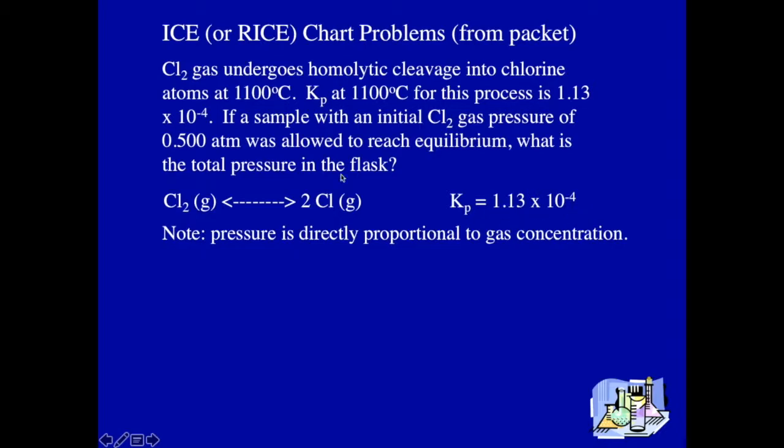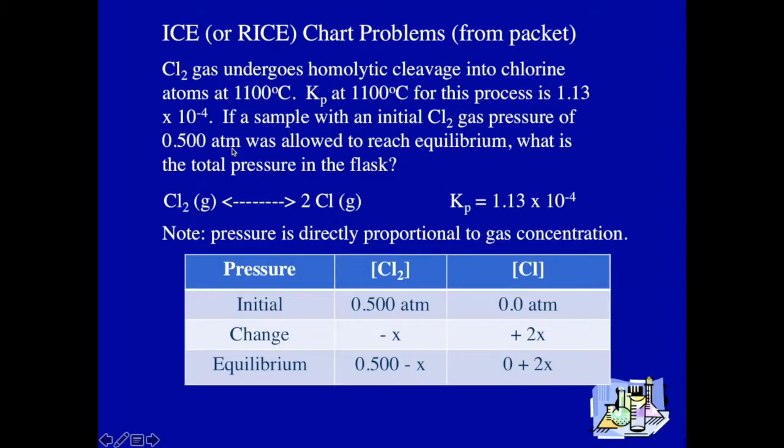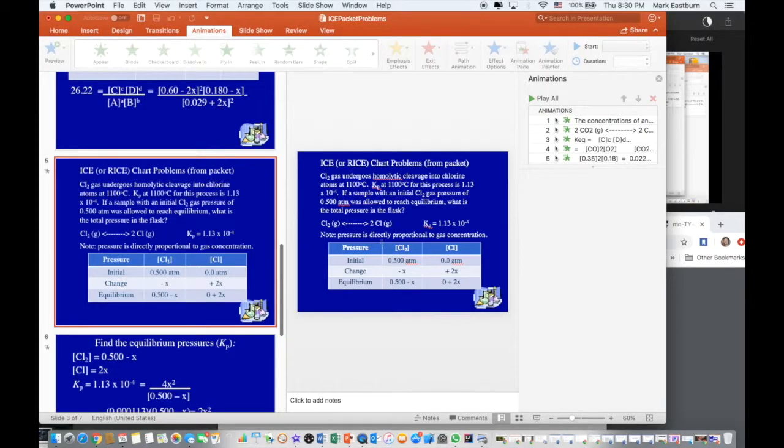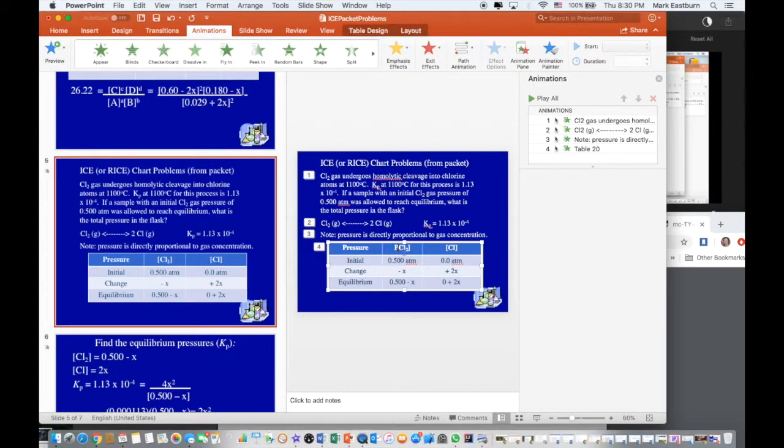So therefore, if I use something like atmospheres and I feed this through my equilibrium constant equation, since this is unitless, my units at the end would be atmospheres. So taking a look at this, actually that shouldn't be concentration, that should be pressure. It should be P with the subscript Cl2, but I don't think I have that capability with PowerPoint. So that would be pressure of chlorine and pressure of monoatomic chlorine, which happens when you heat this at a